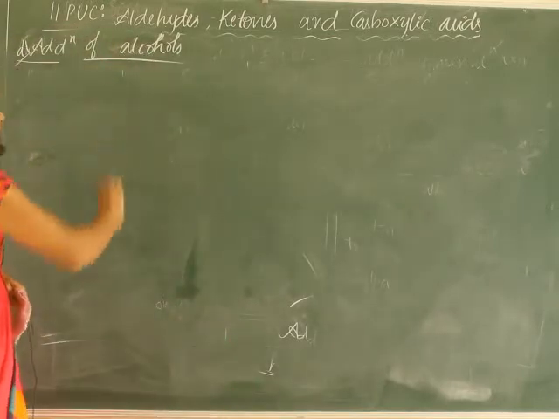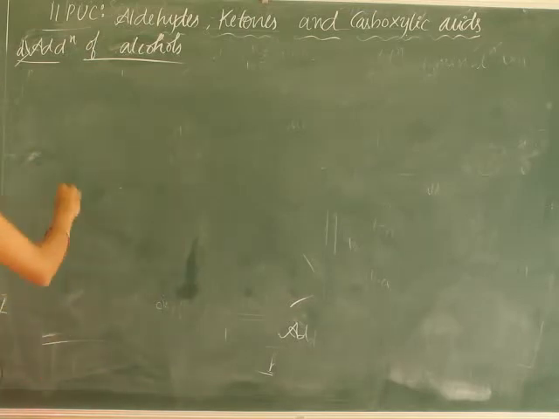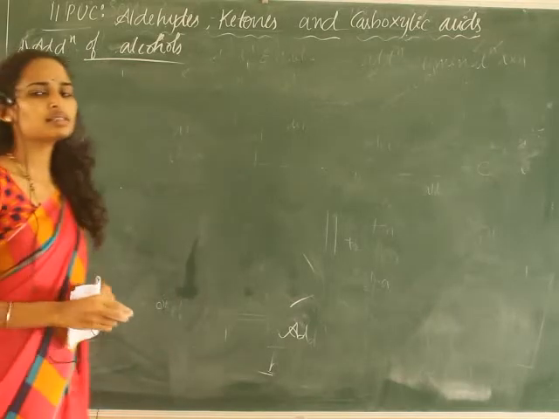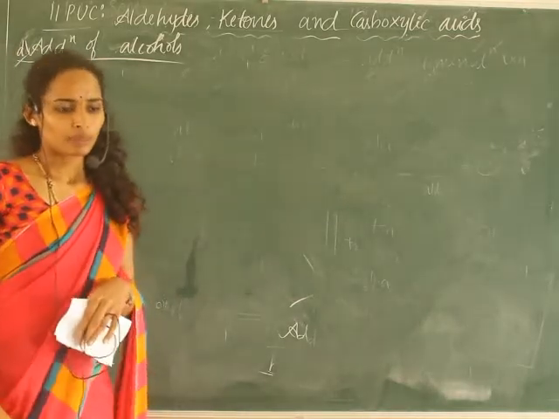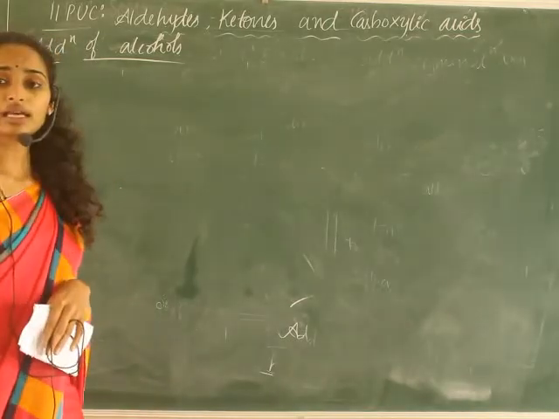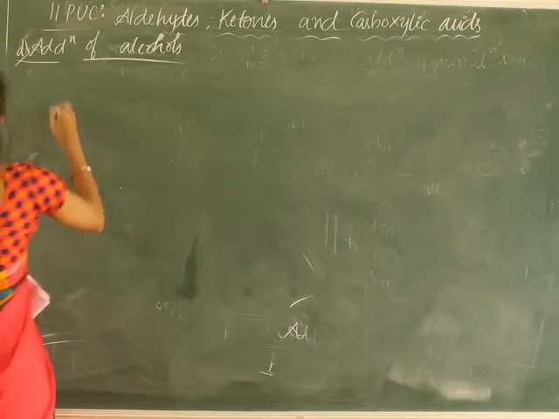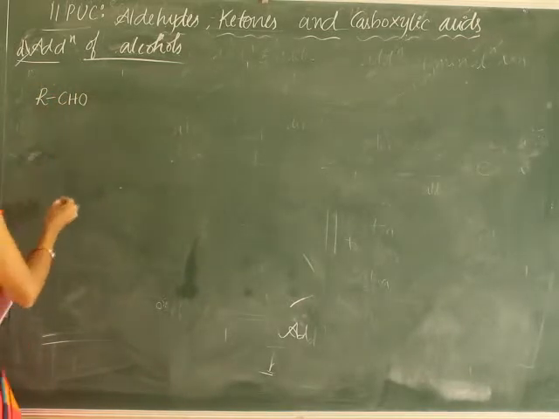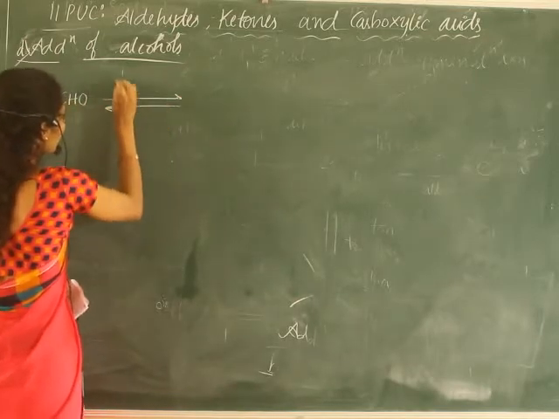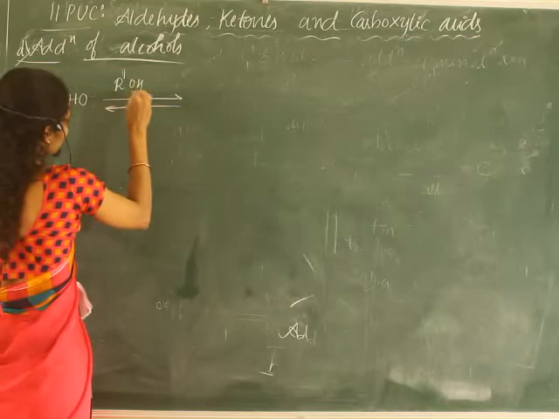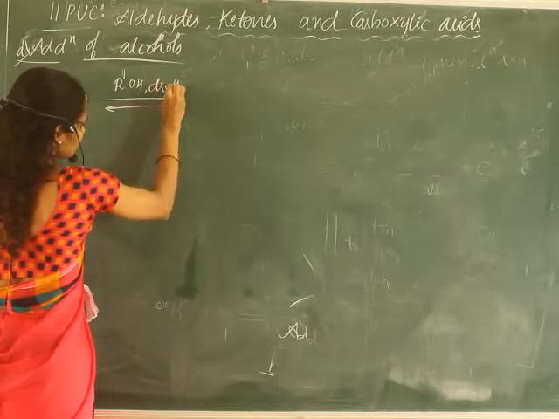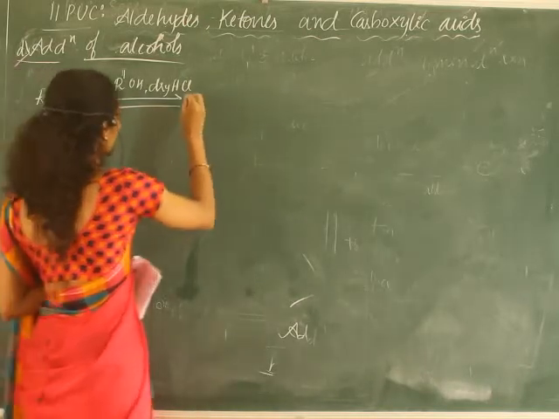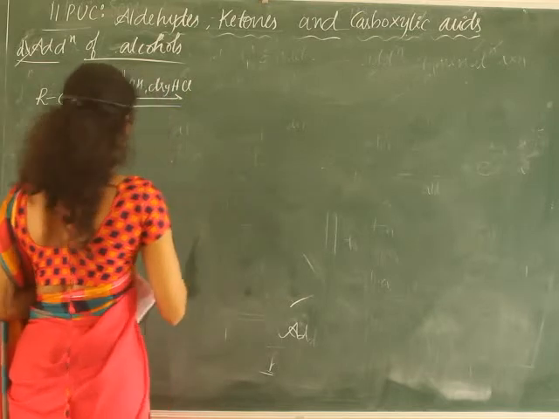Next one is addition of alcohols. Here aldehydes on reaction with monohydric alcohols result in the formation of hemiacetal, that is an alkoxy alcohol intermediate. Here I'll take RCHO, an aldehyde, which on reaction with the monohydric alcohol R'-OH in presence of dry HCl. This dry HCl is important, which results in the formation of